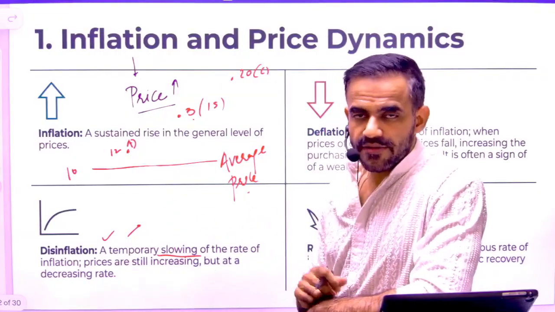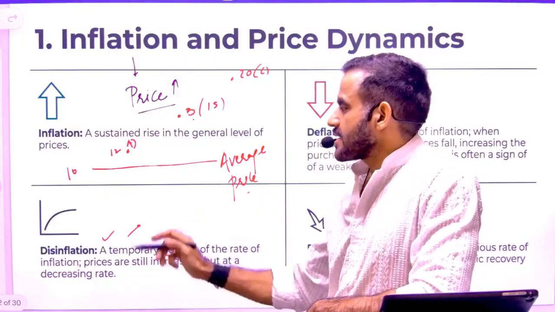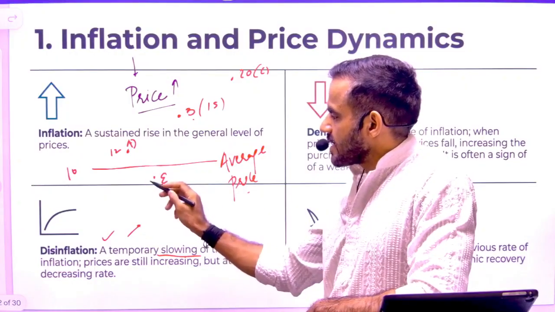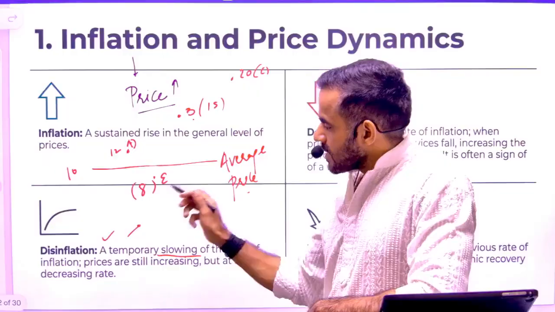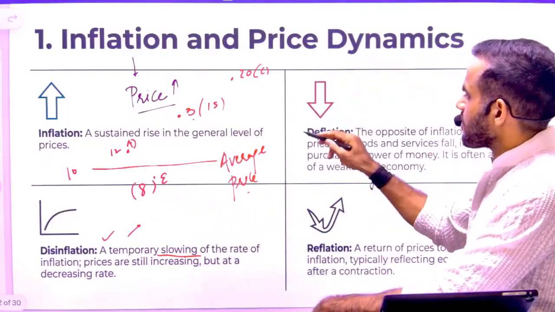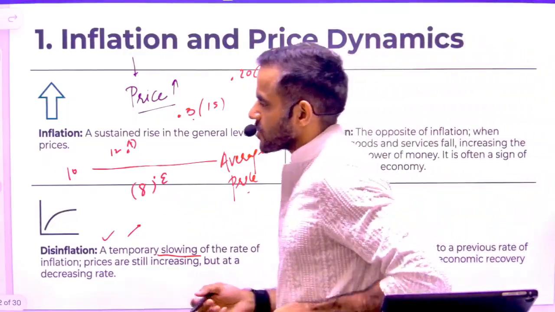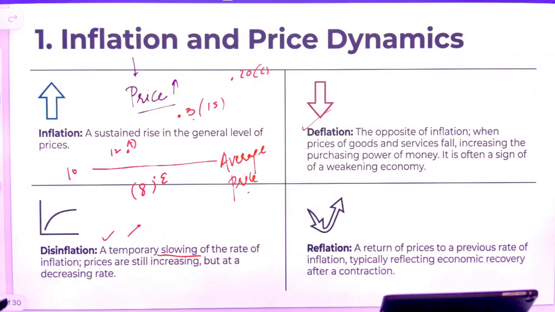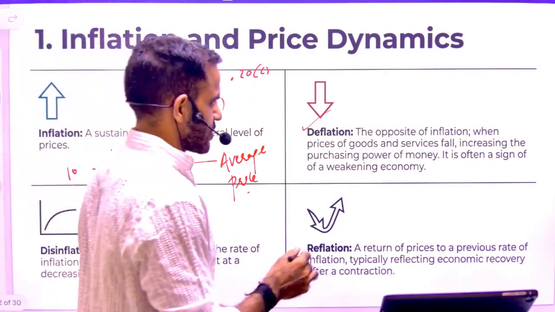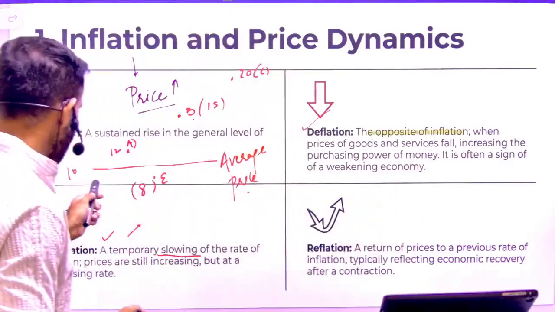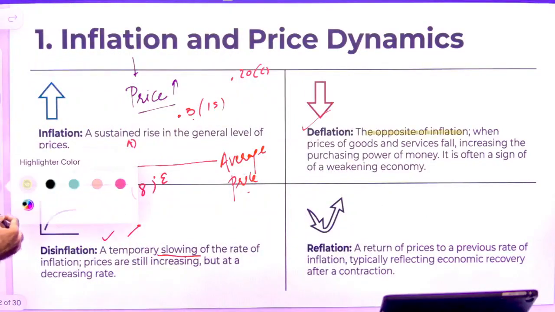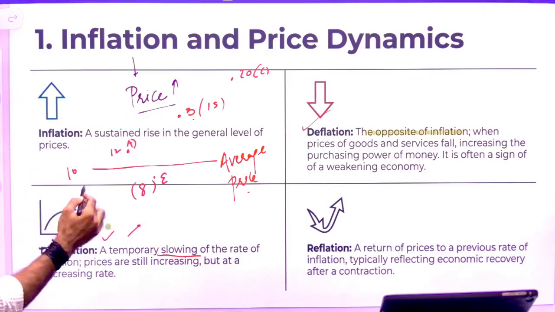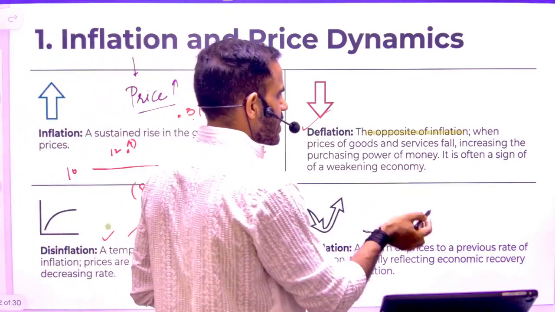Now what if the price level is below the general price level? Let's consider one more example. This is point E and the price is 8 rupees. Okay, this will be considered an example of deflation. What is deflation? In a very simple sense, understand, the price is going down below the general price level. So it is the opposite of inflation. In case of inflation, we are saying that the price is above the general price level. But in case of deflation, the price is below the general price level.